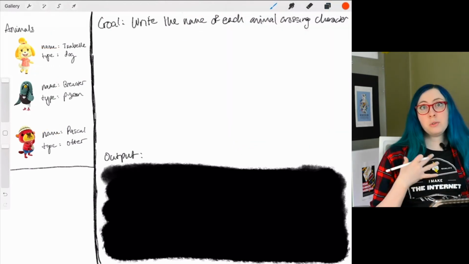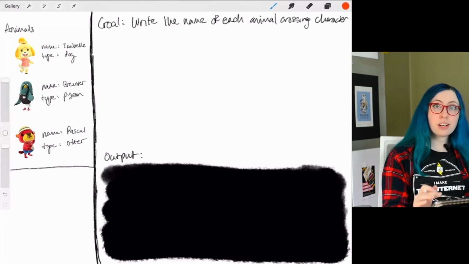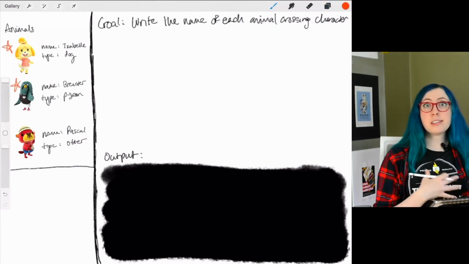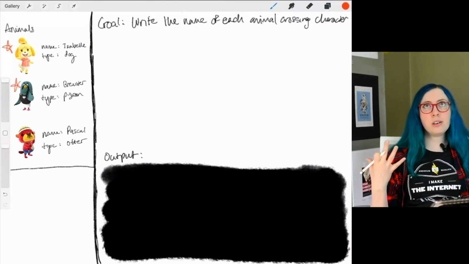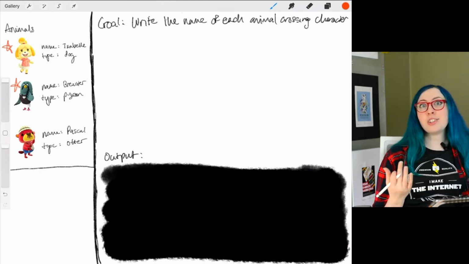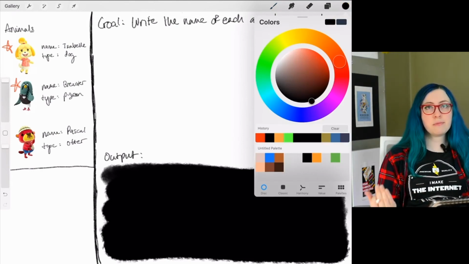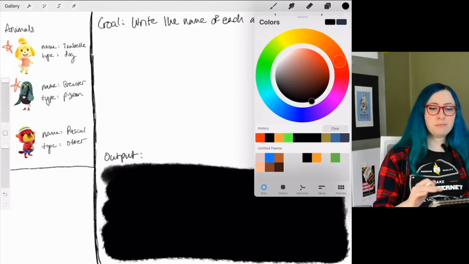In order to go through and keep track of how many animals we've actually worked through, we're going to need some sort of way to keep track. I'm going to call this an iteration. We're going to say, okay, for each iteration of this loop, we're going to look at a different animal.